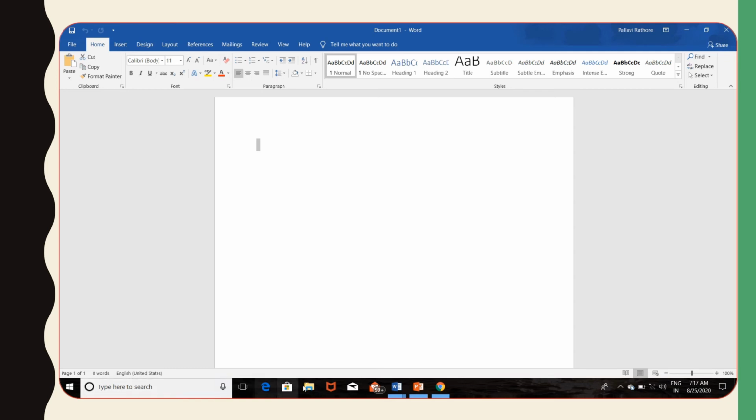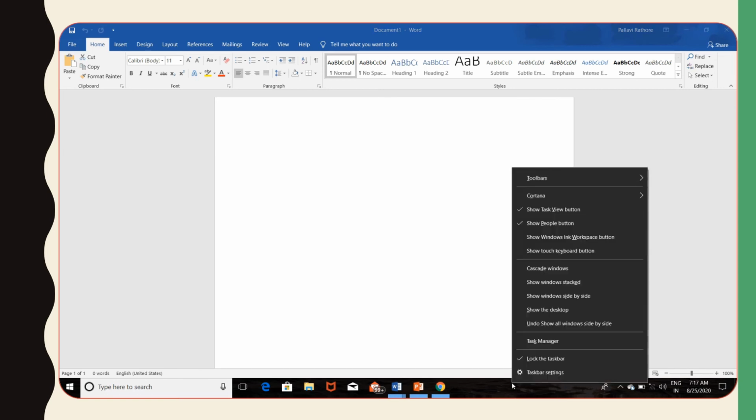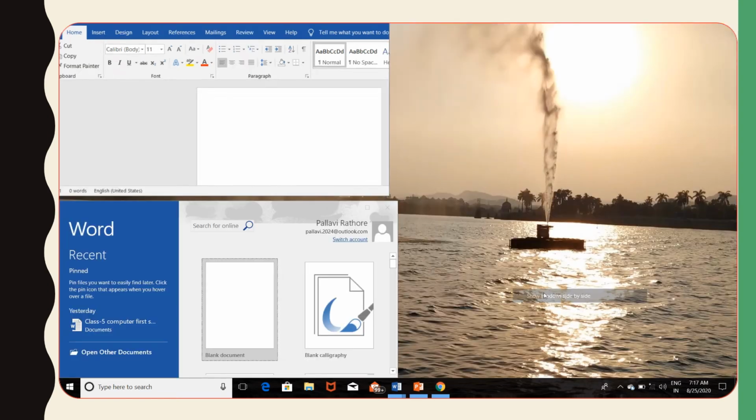This is the taskbar, the bottom bar on the desktop, from where the Start button exists. In the taskbar, we will right click, and after right clicking, a pop-up menu will appear. From this menu, we will select the Show Windows Side by Side option.